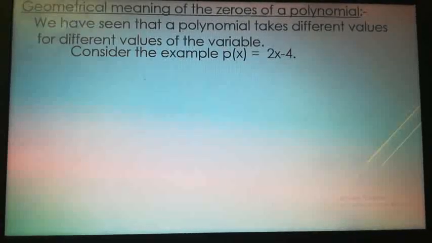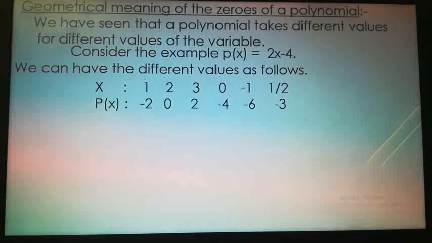Consider the example p of x equals 2x minus 4. The variable x can be given any value. Correspondingly, we will get different values for the polynomial p of x. Now let us consider the different values. Some of the values of the polynomial: x and p of x. x stands for the variable in the polynomial 2x minus 4 and p of x stands for the corresponding